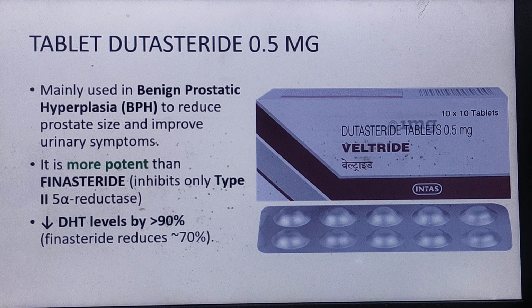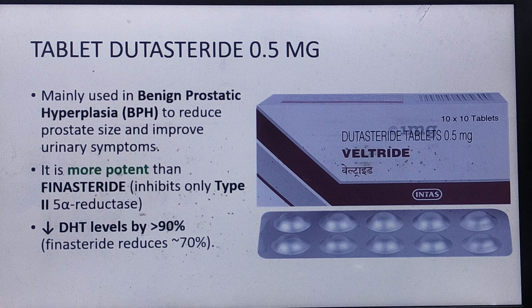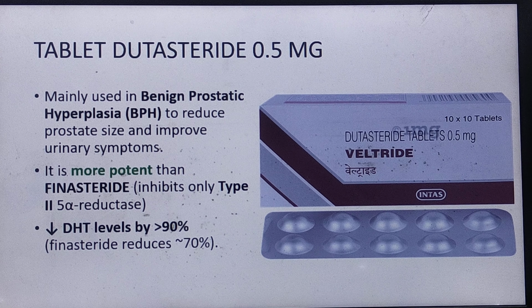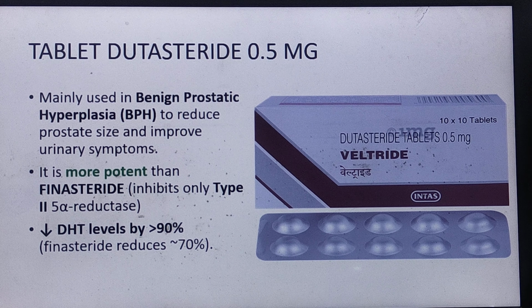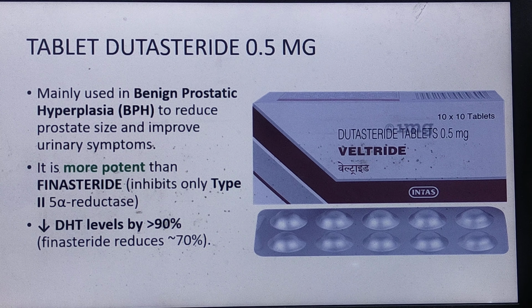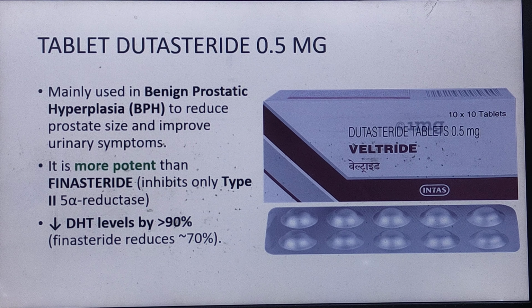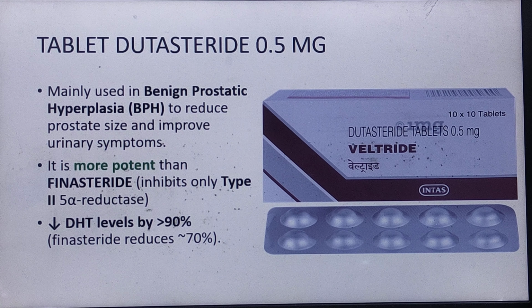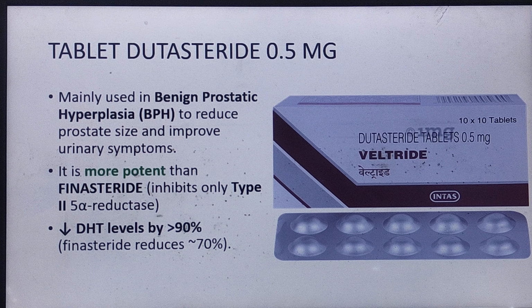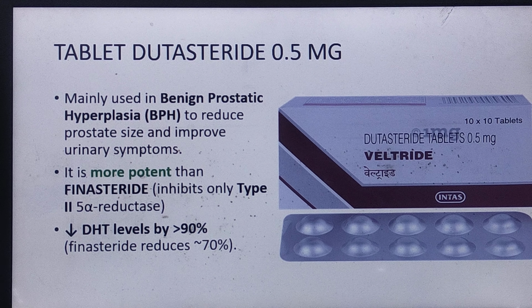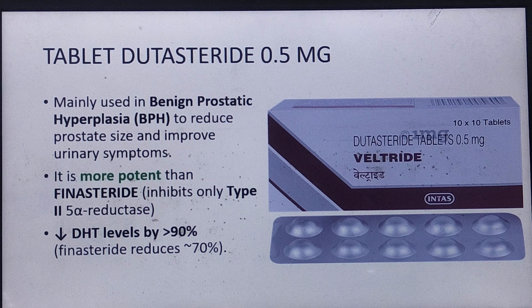So हमने देखे इसमें ये कैसे सिम्टम्स को डिक्रीज करता है या ट्रीट करता है. It decreases the size of the prostate and improves the obstructive urinary symptoms. There is another drug which is known as finasteride. Finasteride जो है it is less potent as compared to dutasteride. It inhibits only the type 2 5-alpha reductase, whereas this dutasteride it inhibits both the type 1 and type 2